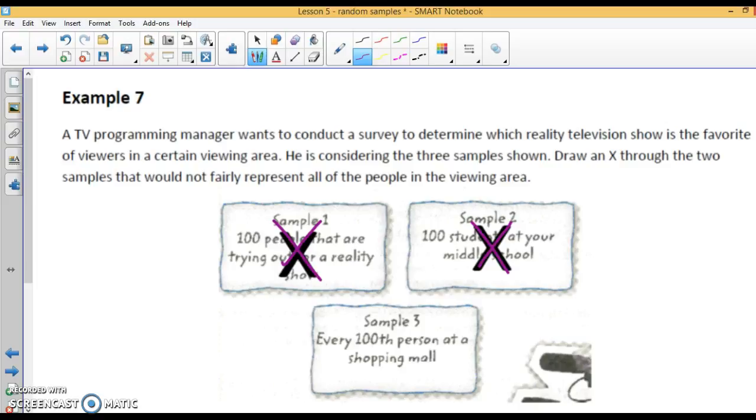Every 100th person at the shopping mall. Pretend there was a shopping mall in Boyertown. And I just stood there and I interviewed every 100th person. Well, that would be a better sample than these 2. It might not be great because not everybody might go to the shopping mall, but it is way better than the other 2 for getting a random sample. So we'll go with